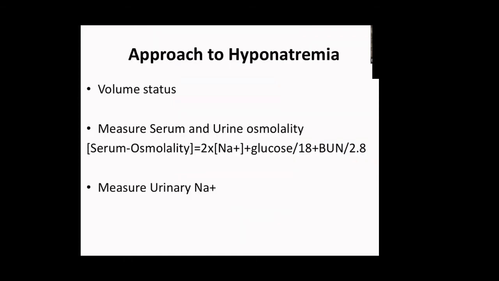So in the approach to hyponatremia, for me the most important thing is volume status. How do I assess volume? I don't put central lines and all these things. I just see the clinical scenario. I see the tongue of the patient, whether it is dry or moist, or I do a simple ultrasound with a probe and see the IVC. If it is a heart failure patient, ejection fraction will be low and the IVC will be around 2.5. Provided the patient should not be tachypneic. If the patient is tachypneic, there is no role of seeing IVC.